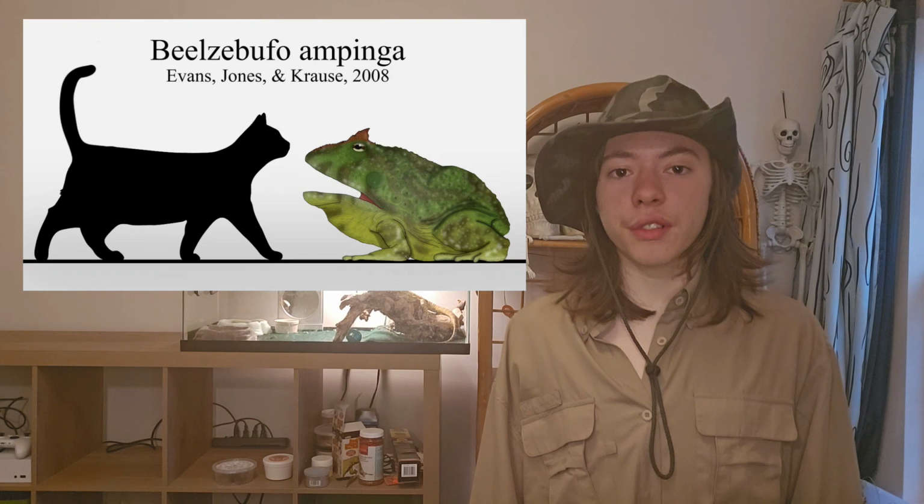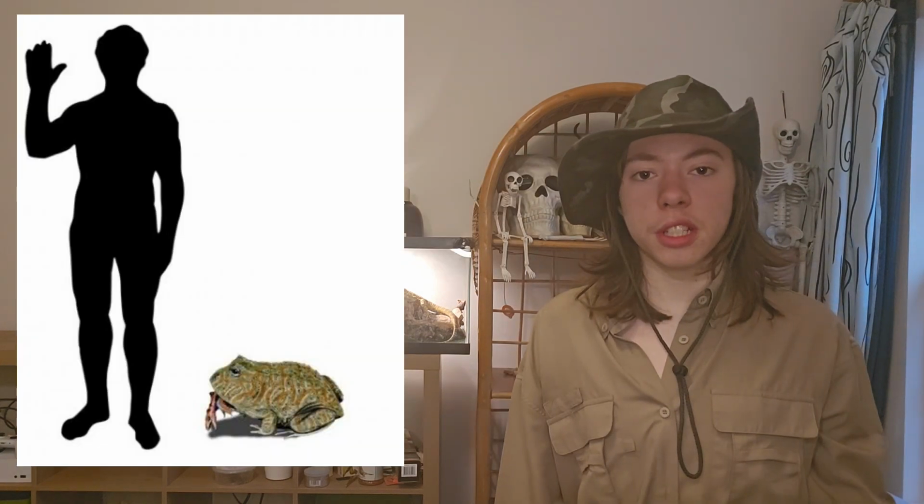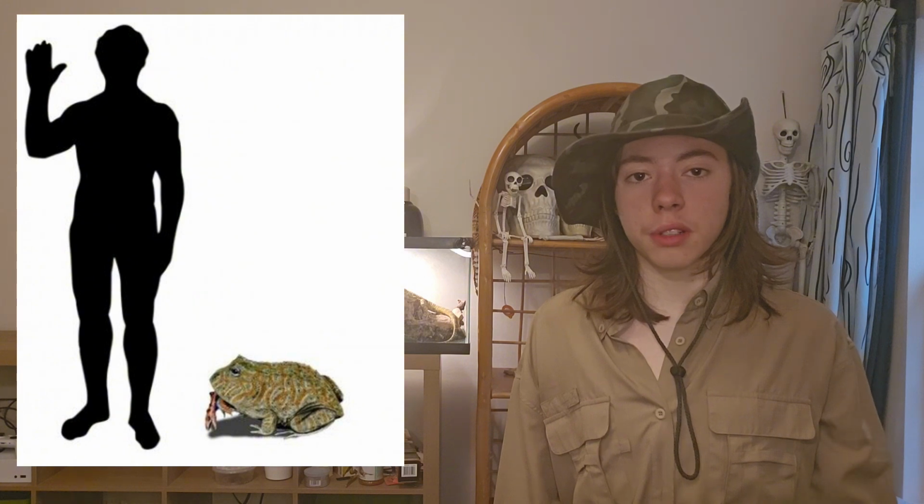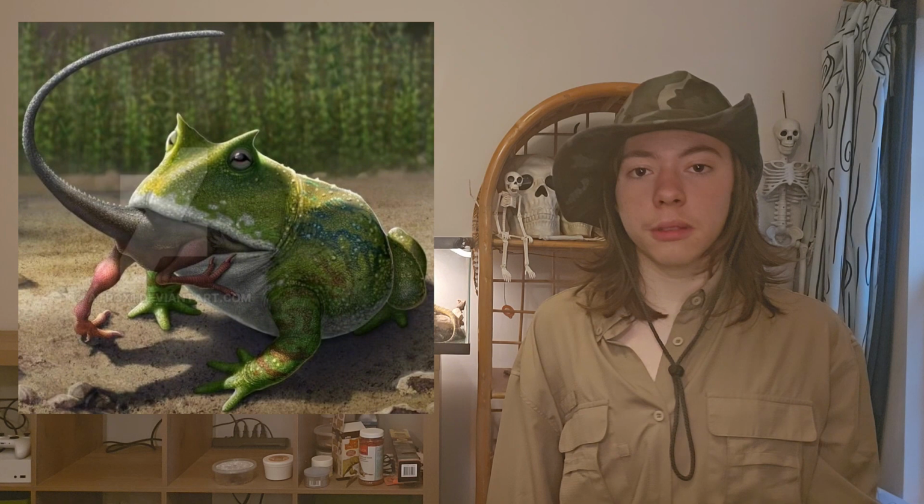Before we end this part of the video, I would quickly like to mention one more Cretaceous amphibian, Beelzebufo, the largest frog to ever exist, that we know of. Beelzebufo was 16 inches or 40.6 centimeters long. They were carnivores and actually ate small dinosaurs as part of their diet. They lived in what is now Madagascar.